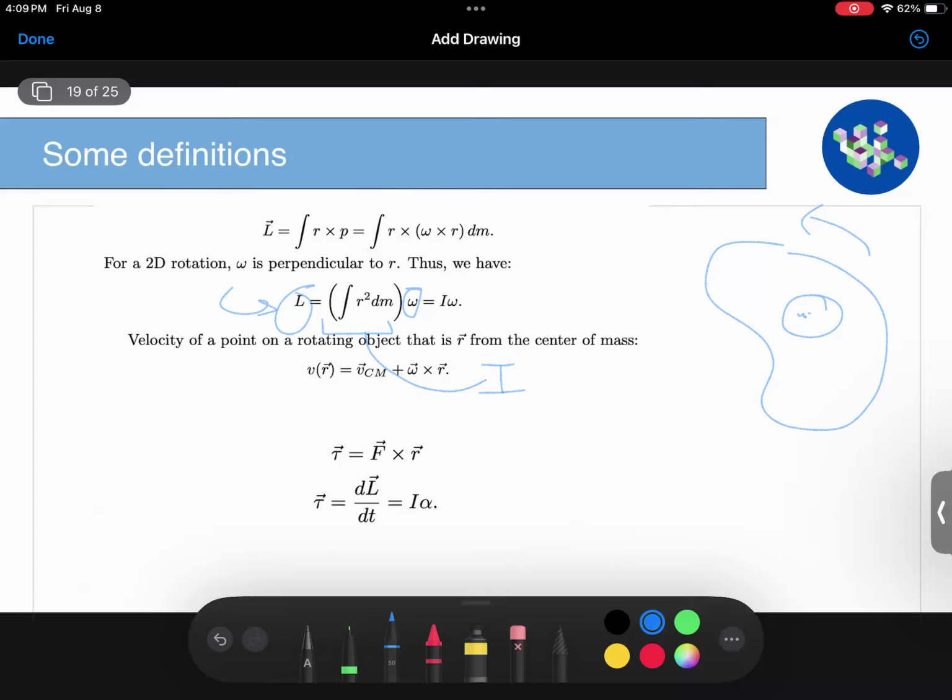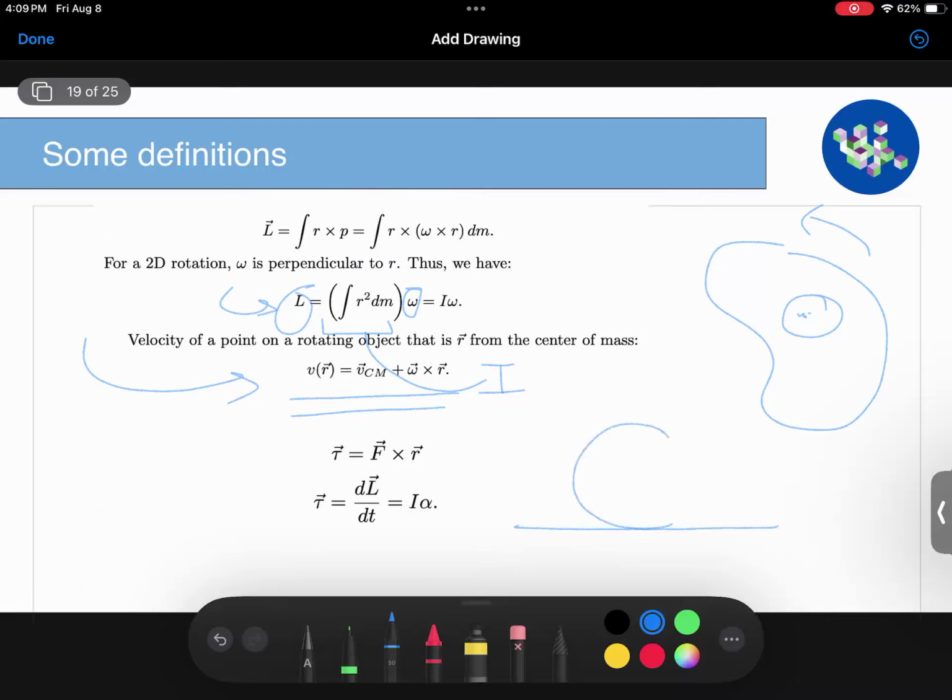Now, this is the velocity of a point on a rotating object that is at vector r from the center of mass. Your velocity would be the center of mass velocity plus omega cross r. So basically, you superpose the velocity due to center of mass motion with the velocity due to rotation. For example,